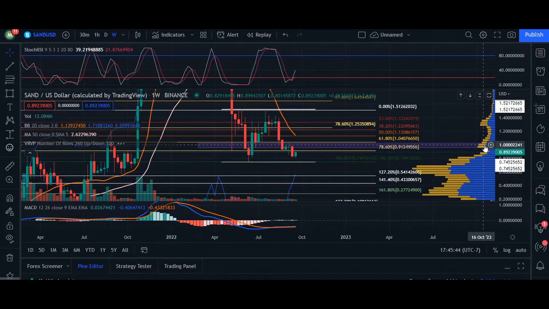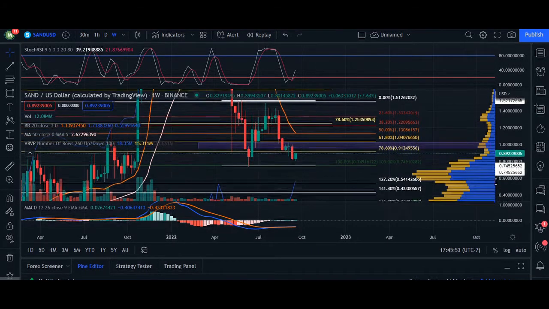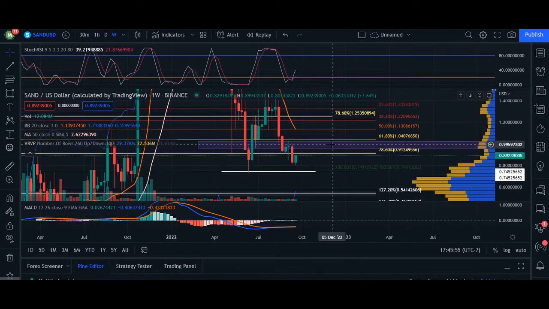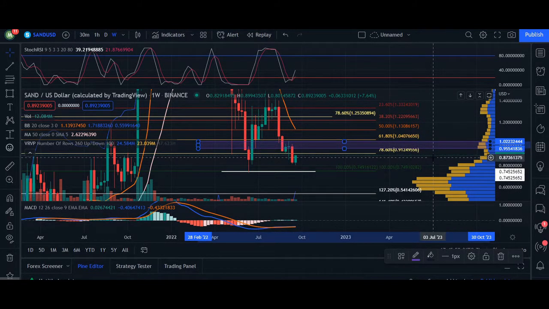we can see that we've got two nodes off to the side of our profile volume, indicating some supply and demand zone. So because we are below this area, essentially price is going to retrace or want to come back up to this area here, essentially at the $1 price point, all the way as low as 95 cents. Now, the reason why I say price is going to lean towards or retrace back to this level is essentially